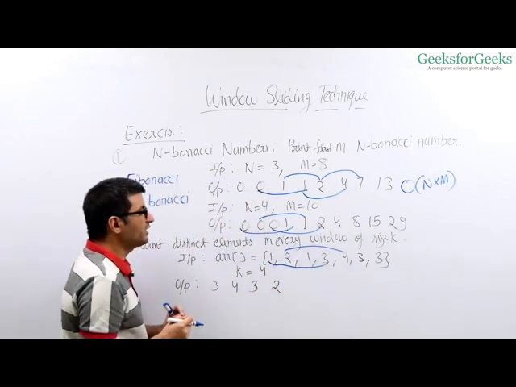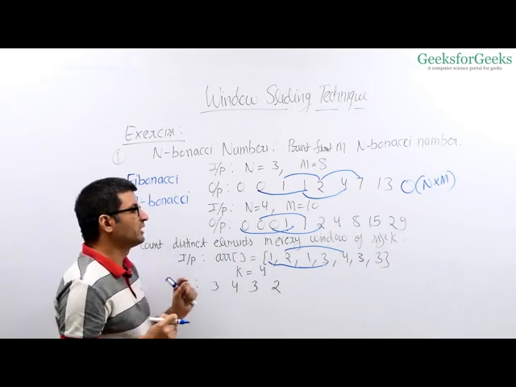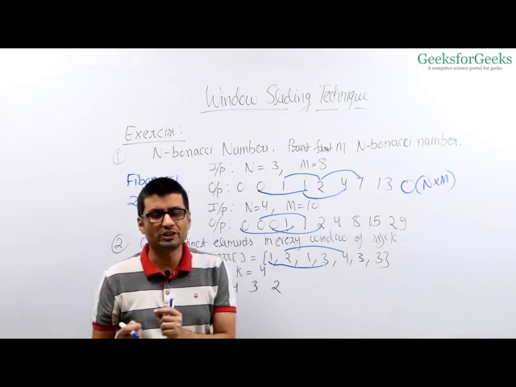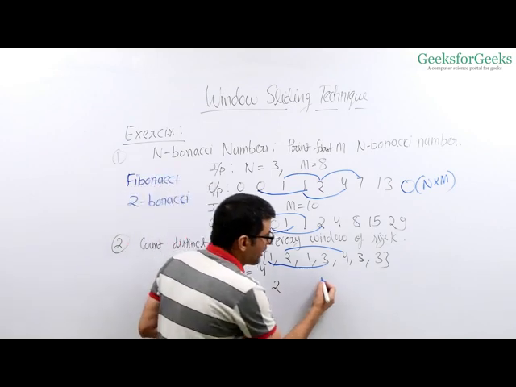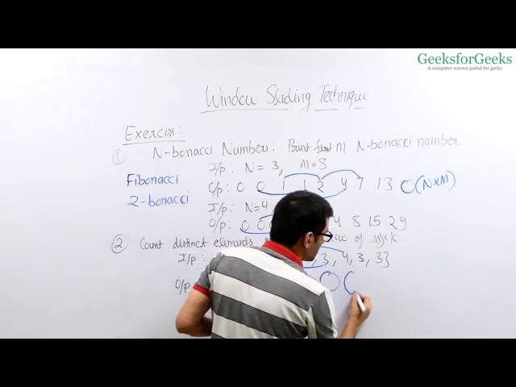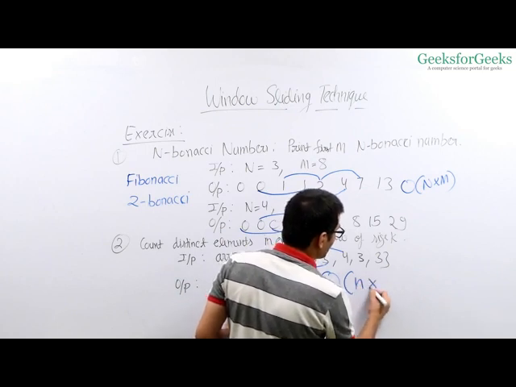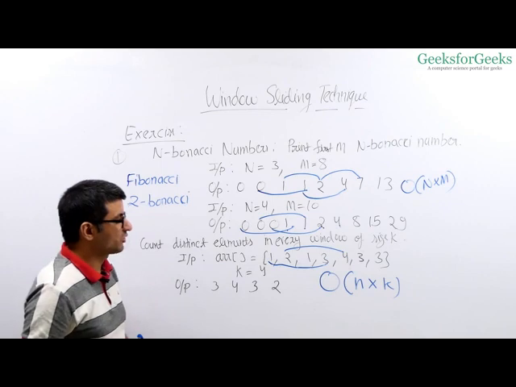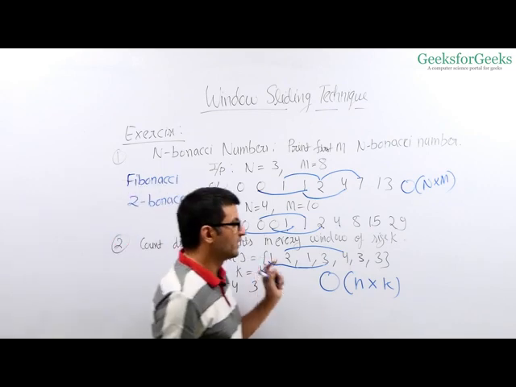Using the hashing technique, I can find distinct elements in an array of size k in big O of k time. I can count those many distinct elements. So the time complexity of this approach, which uses hashing for every window, is going to be big O of nk. Your task is to optimize the solution to work in big O of n time.